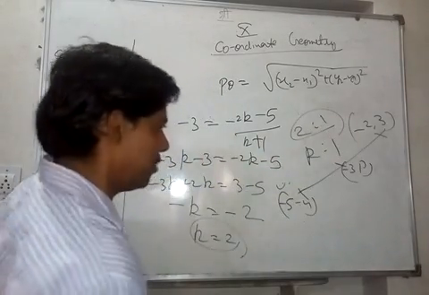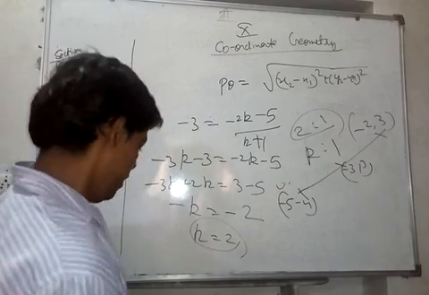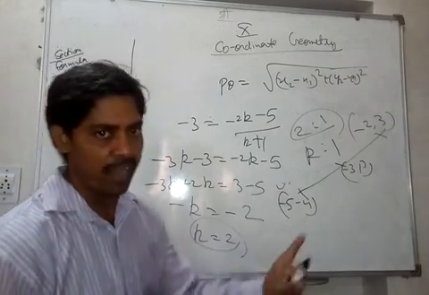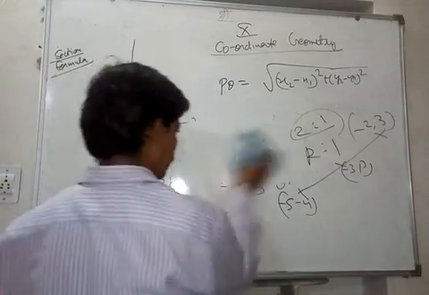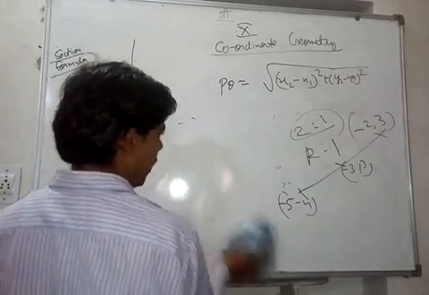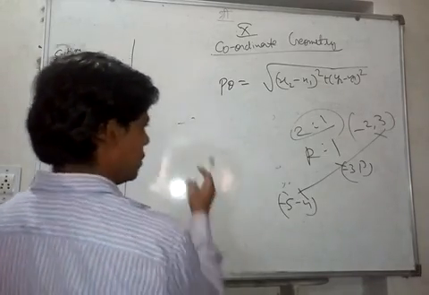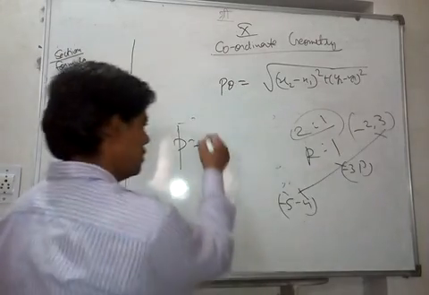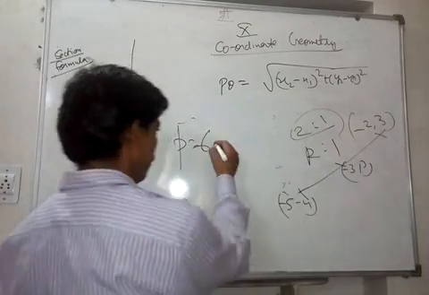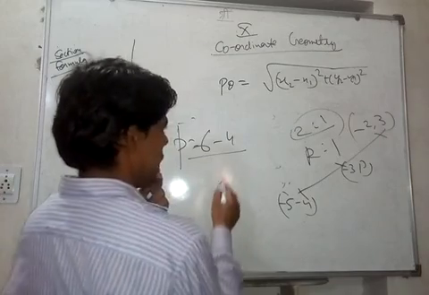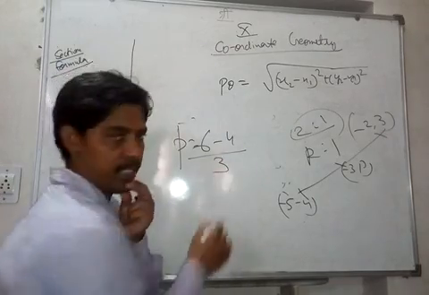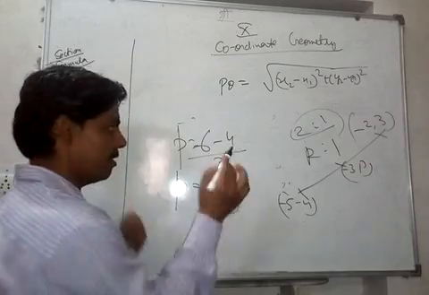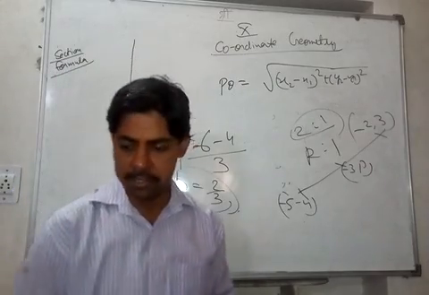If that is the ratio, can you now find the value of p? To find the value of p, we will be using the same formula for the y coordinate. Suppose the value of p is this one: 2 multiplied by 3 is 6, plus 1 multiplied by minus 4, upon 2 plus 1, that is 3, right? So we are getting p is equal to 2 by 3. We just got the value of p as 2 by 3, and the ratio is 2 is to 1.